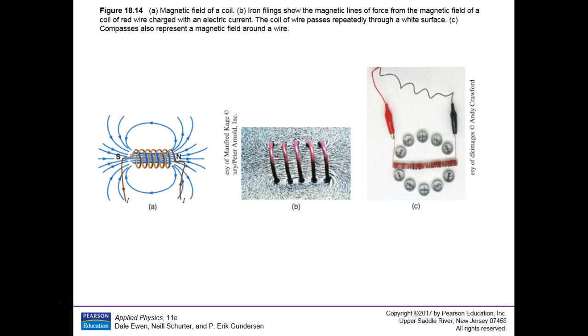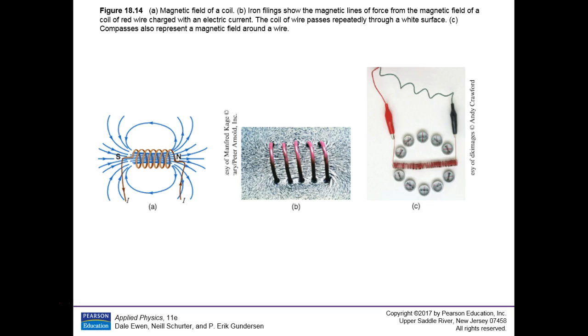How about doing several loops? Now they're adding up, as long as you don't turn the wire backwards, so now you have a very strong field. That's what we've got going on here. If the current is going up this way and the coils are in this direction, notice your right thumb is pointing in the direction of the north pole. You make a magnet without there being a magnet there. This is called a solenoid.